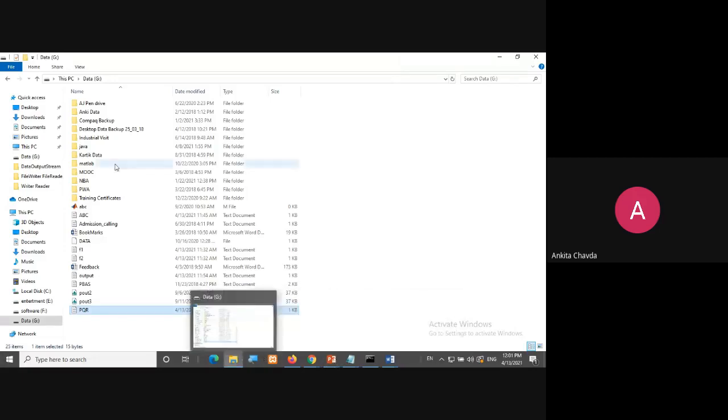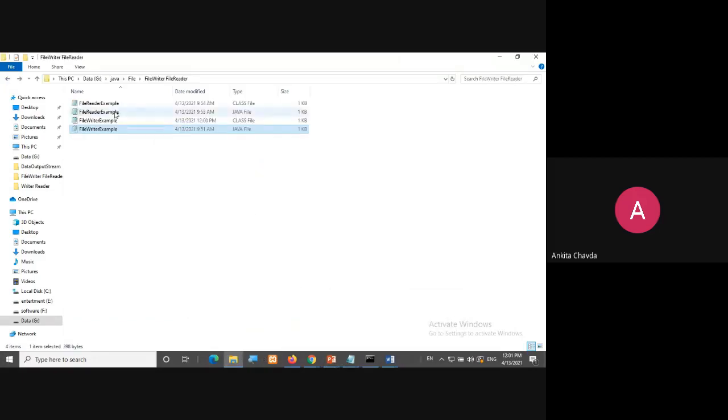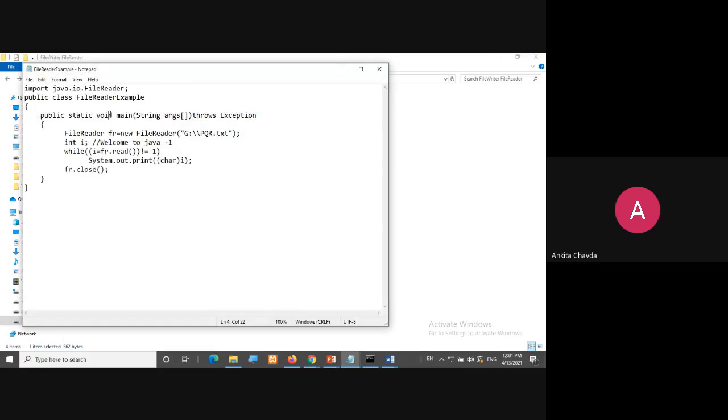So for reading, file reader example. Here I am creating file reader fr equals new file reader, and we are giving the path. From here I need to read. So I will take integer i because my data will be in integer form, the ASCII.